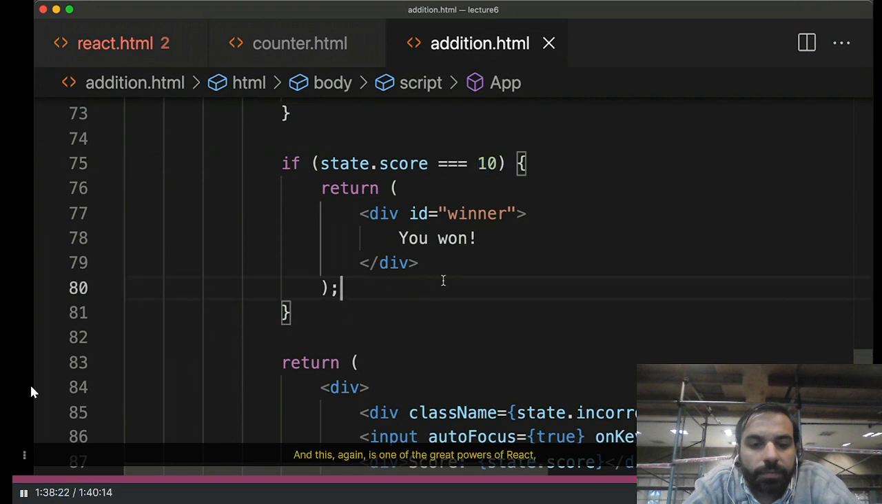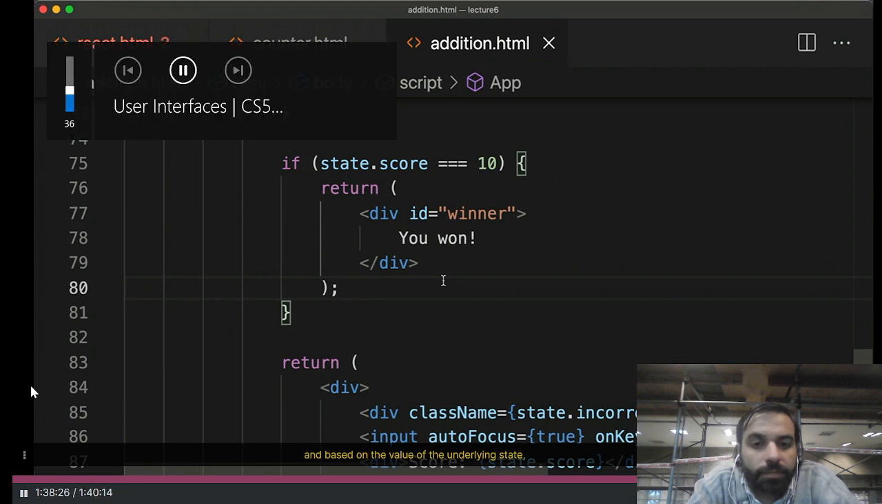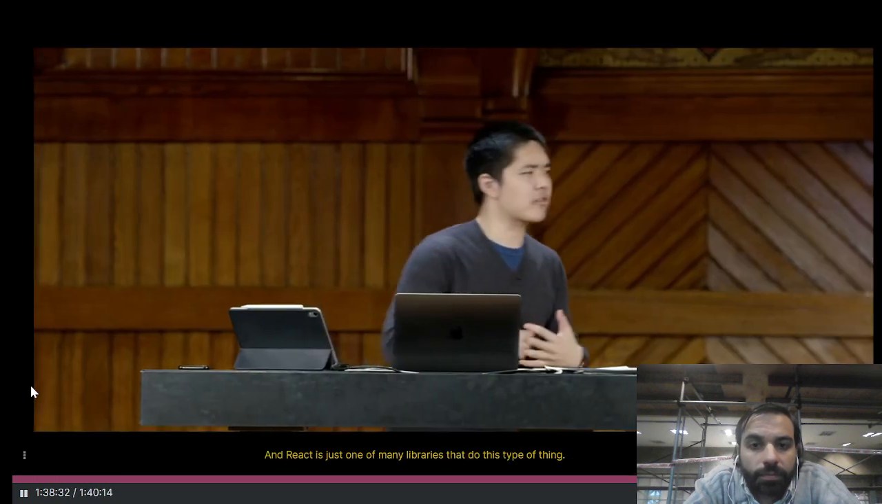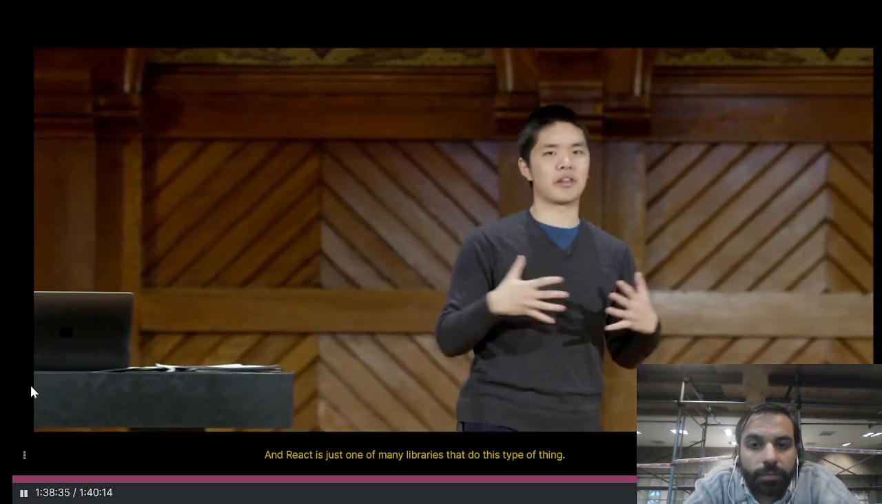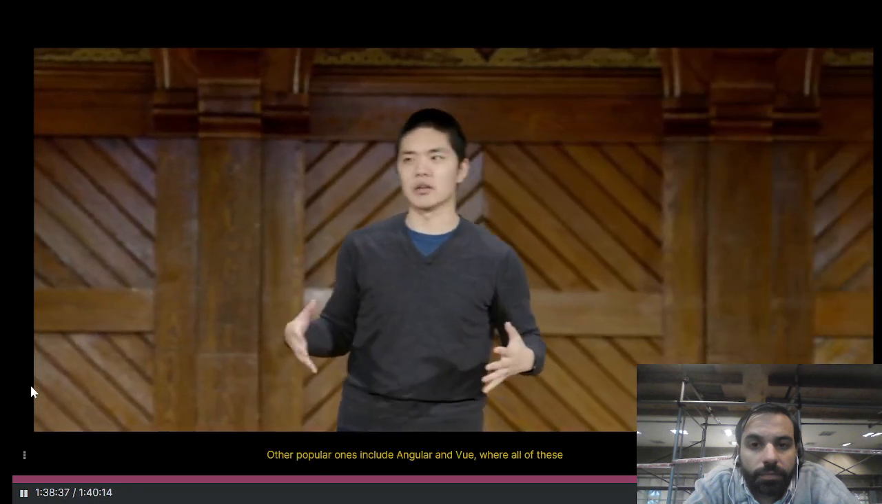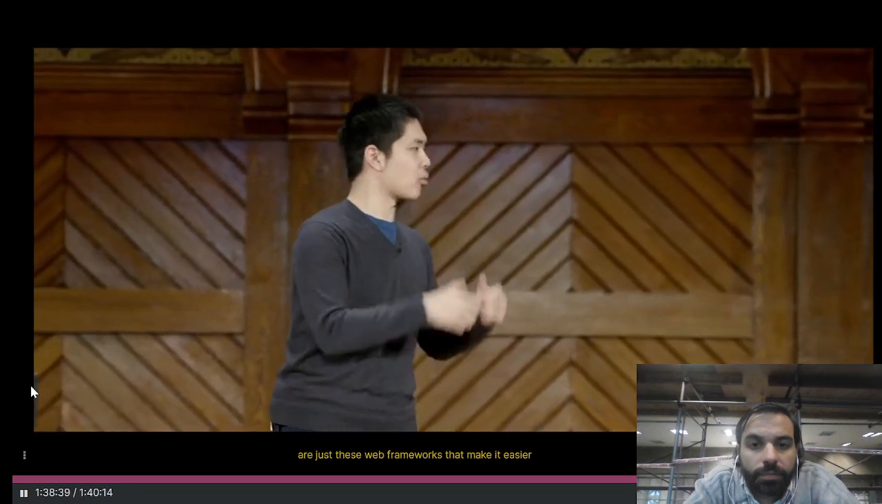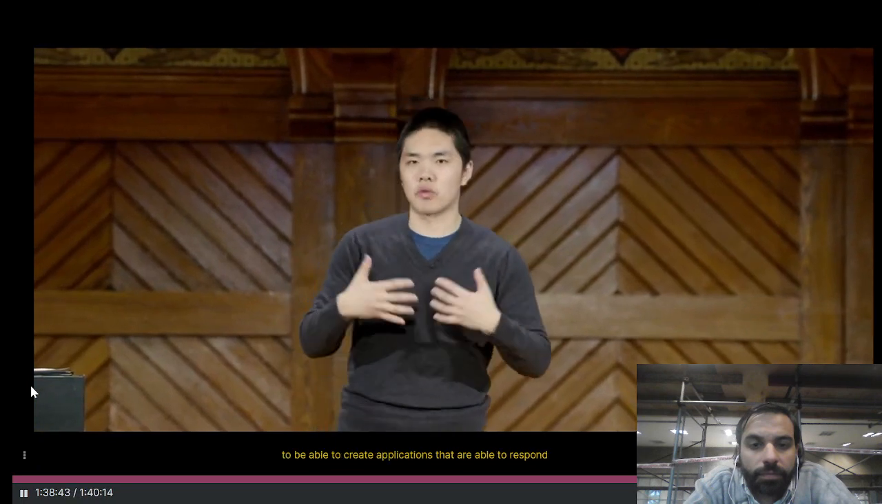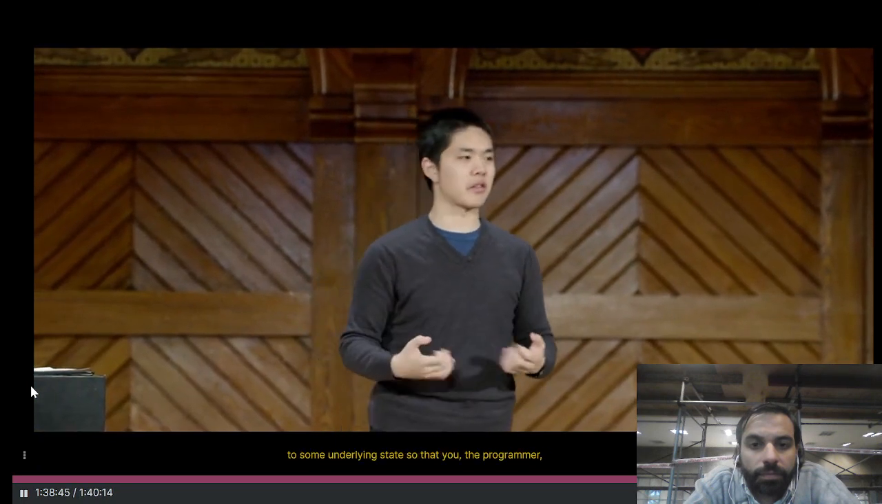And this, again, is one of the great powers of React, this ability to use this underlying state, and based on the value of the underlying state, decide what it is the user should see in their user interface. And React is just one of many libraries that do this type of thing. Other popular ones include Angular and Vue, where all of these are just web frameworks that make it easy to create applications that are able to respond to some underlying state,